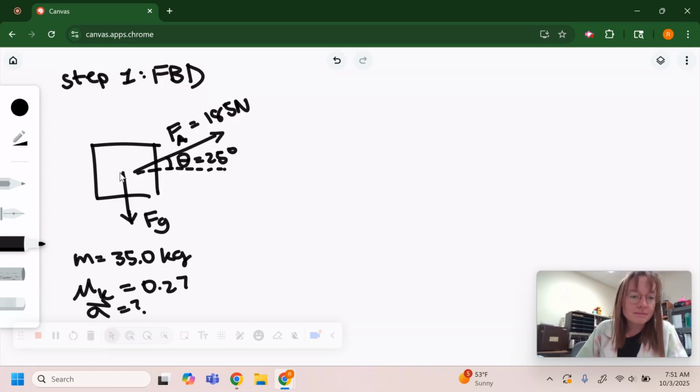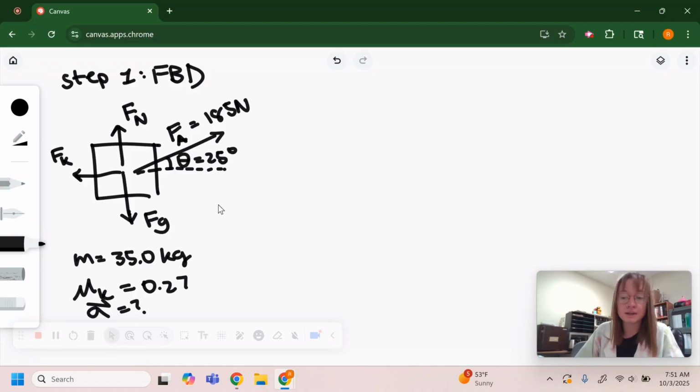Then, at the same time, friction is slowing this box down, so we will label Fk. And also, the normal force is pulling this box up, so we will label Fn. Okay. Now, before we move on, let's talk a little bit about